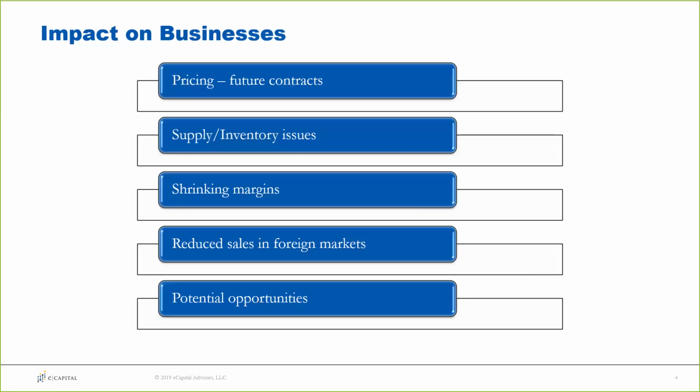This is also affecting a lot of companies, especially agriculture. For instance, Cargill just posted a 41% drop in their Q4 revenue, and they're attributing most of that to the fact that tariffs in China have reduced the amount they've been able to sell in that market. So this is having impacts on businesses all across the board, or anyone that's doing international business.